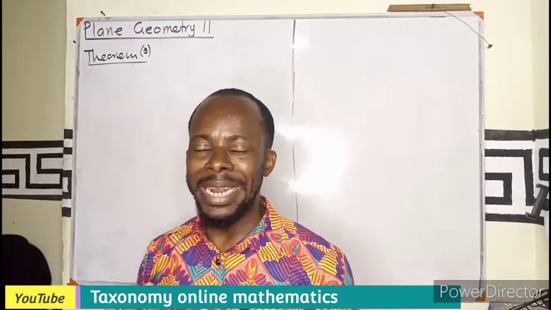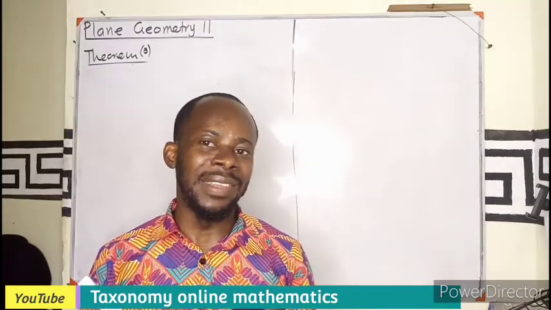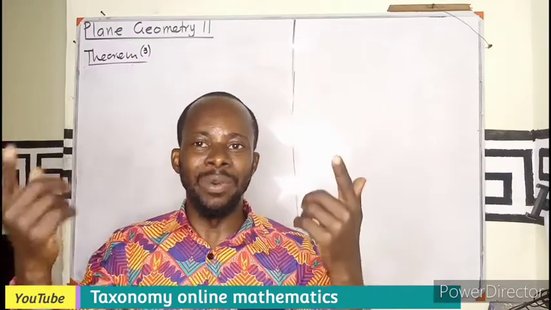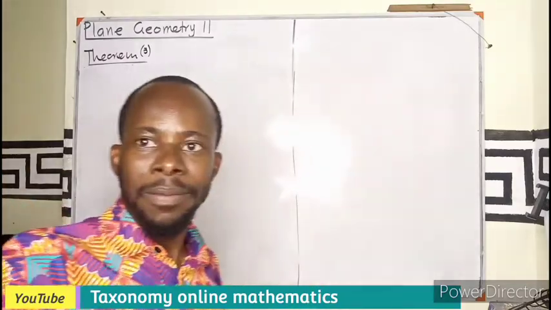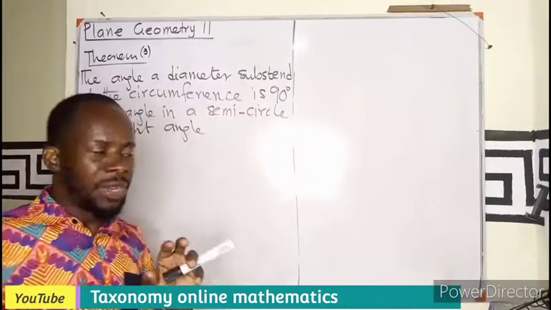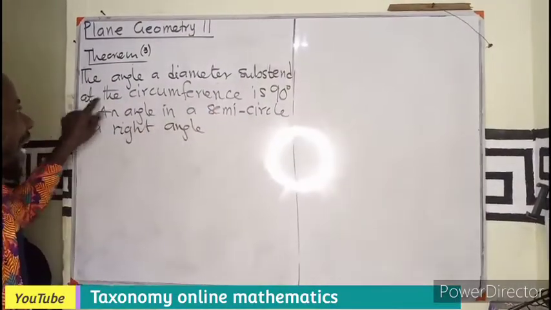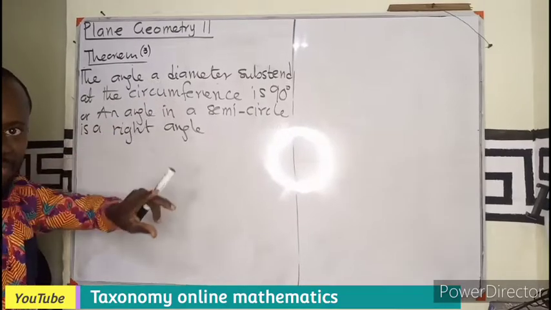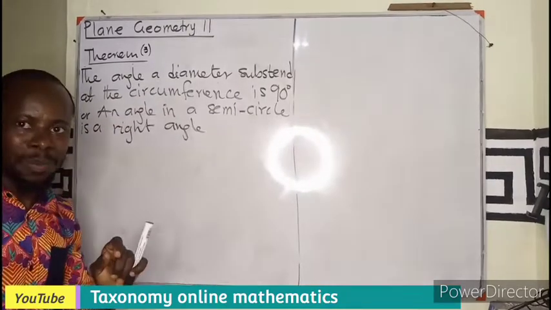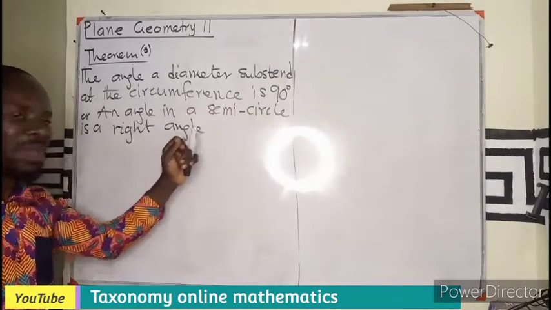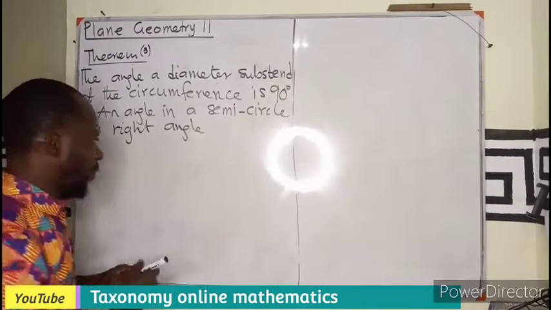For theorem number 3, we say that a diameter subtends an angle of 90 at the circumference. If you have a diameter, per the definition, as I said, the angle a diameter subtends at the circumference of a circle is always what? 90. Or better still, we can say that the angle in a semicircle,